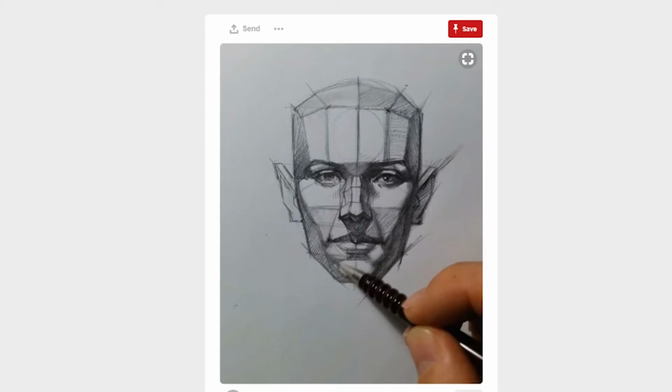For this, you need to have a basic understanding of the planes of the face, just so that you know where the light is going to hit and where the shadows will be, where the reflective light will be. Once you've got that, then you're good to go, and you can draw portraits in any lighting that you like. So, next step for this will be